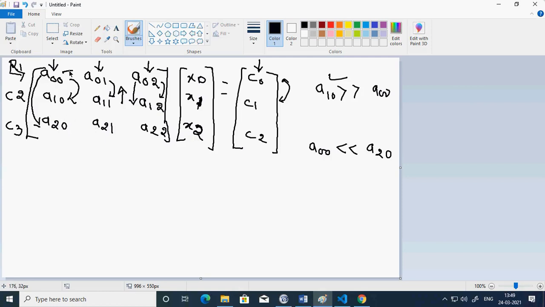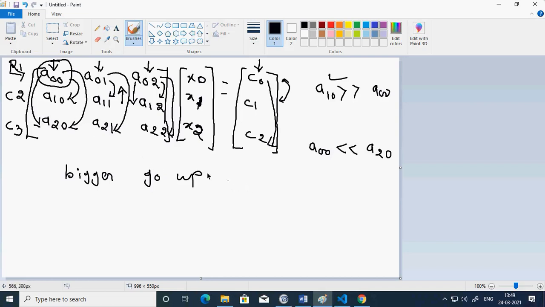The same process I am going to repeat: exchange these two, then these two, then these two, and then these two. What I am trying to do is, whichever is bigger, I say go up. By doing that, this diagonal element is the biggest one. In this way I am doing the sorting. This technique is called bubble sort.